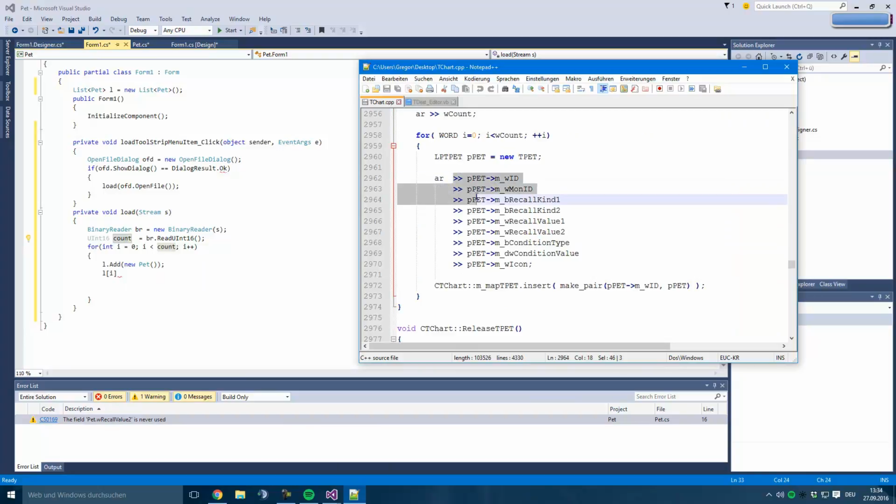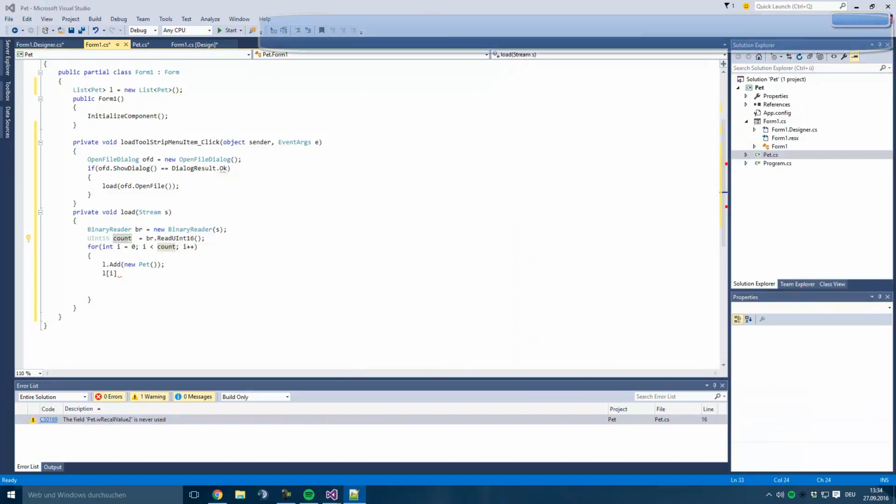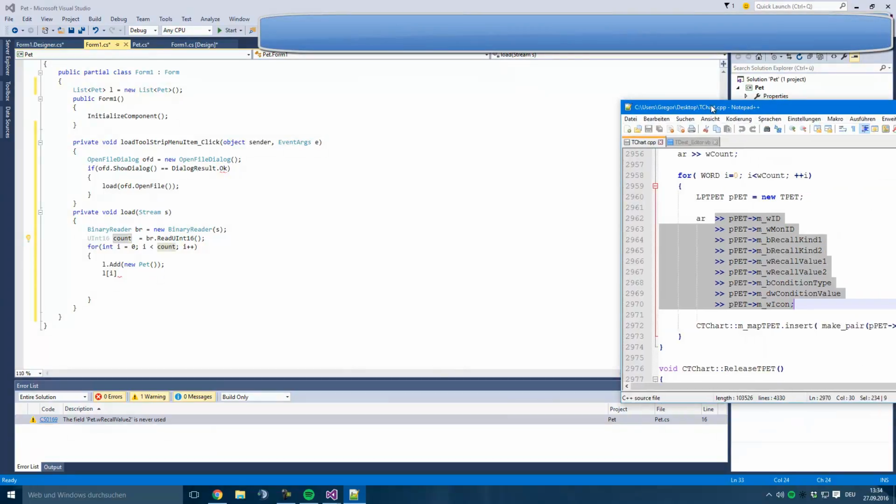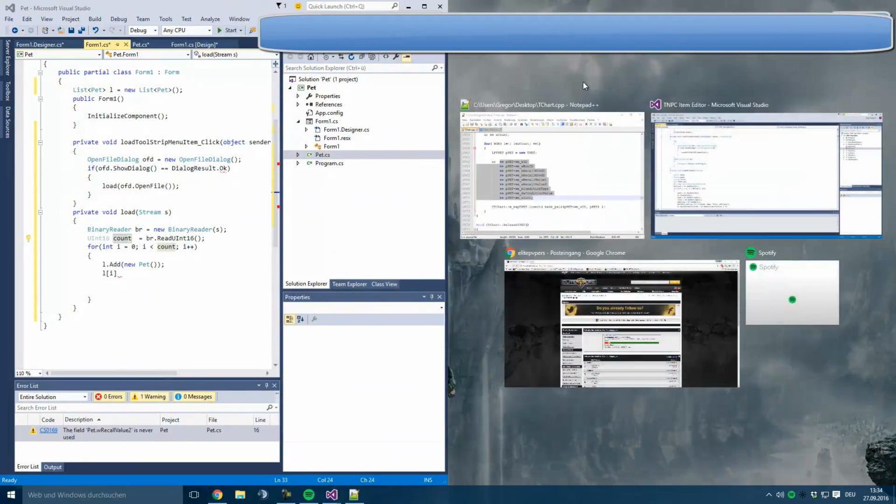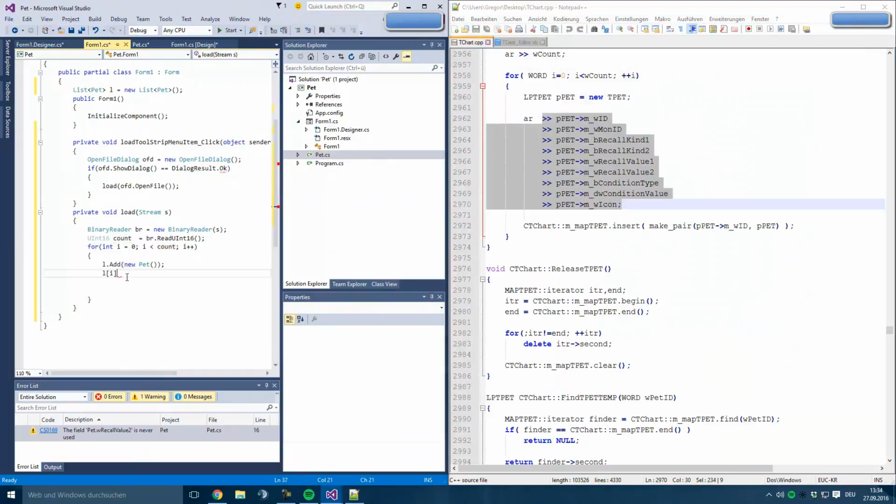And now you have to add everything into this particular list place. So first is L[i] equals br.Read